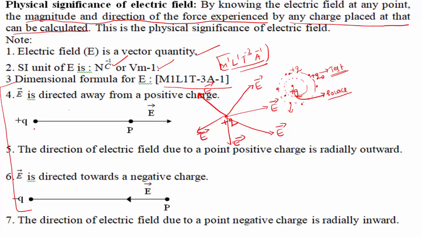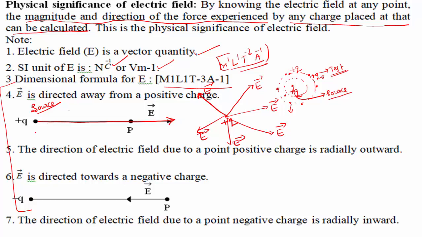Now I consider this is the plus Q, the source charge. It produces an electric field. P is the point at which the electric field is to be calculated. Due to this positive charge, the electric field is always directed outwards. Source charge means a charge which produces an electric field, but E is always directed away from the